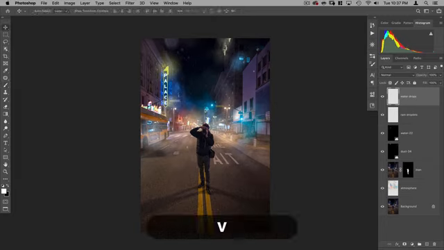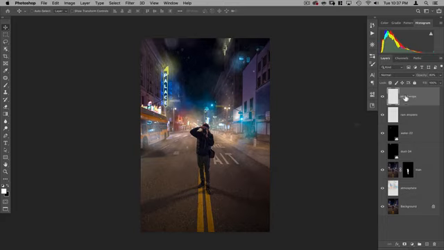So just like that. And we can take the opacity on that down to about 80, just so that it's not full. And when you're building up atmosphere, you don't really want anything at 100%. You kind of want to take your opacity down on everything as you're working, because you always want to see your background through everything, to give the impression that this isn't just painted or composited, but this is atmosphere that actually existed in the image.